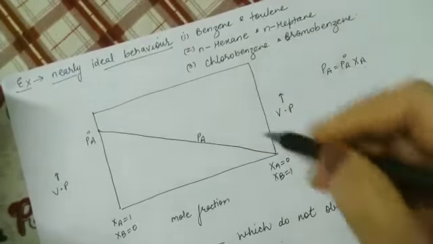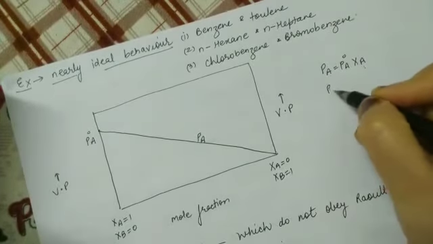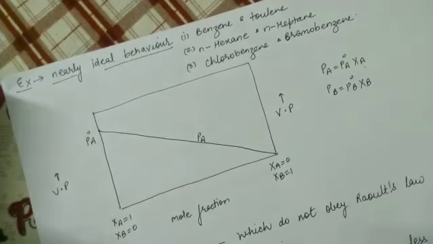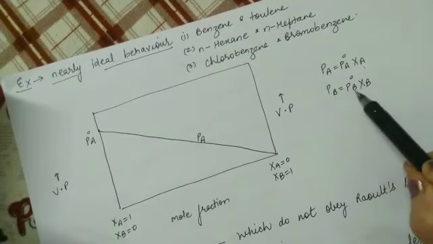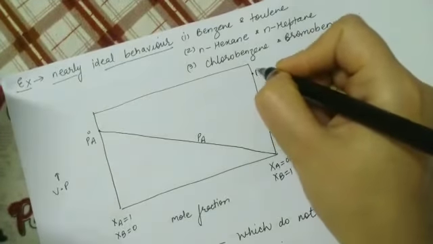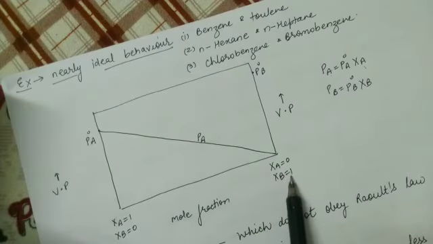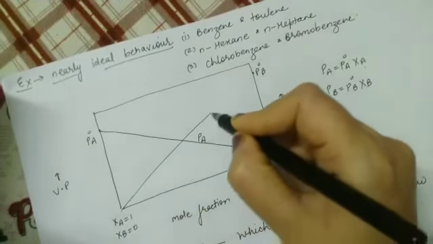So on the right hand side, suppose pure component B is present. So again we'll use the Raoult's law, PB is equal to P naught B XB. So if XB is 1, PB is having the maximum value, that is P naught B. So suppose this is my P naught B. Now see, if we move from here to here, right to left, XB from 1, it is taking the value to 0. Means XB is continuously decreasing. So what will happen? PB will also decrease. So this graph is there.